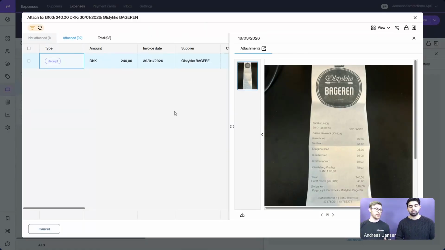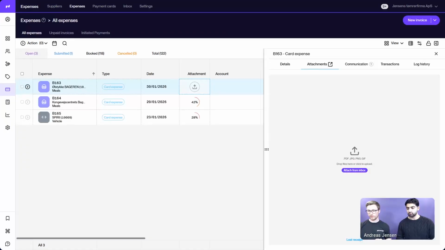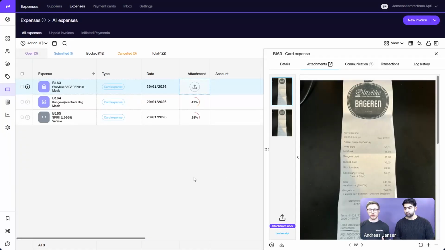And it will start with a suggestion saying, this is what I think is the match. So we can see here in the left corner, we have 230 Danish crowns. And we can see the supplier and the date. And if we look here, we can see that the system has scanned similar data on this receipt. And we can also check here that it's the correct one. So we will select here, and just below our picture in the webinar, there's a purple button saying add attachment. So I will add this attachment, and now we just need to do some controlling on these expenses. So I will double click into this one,